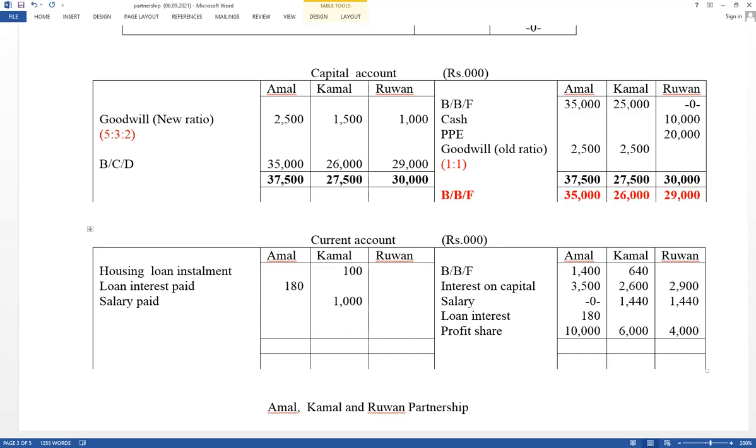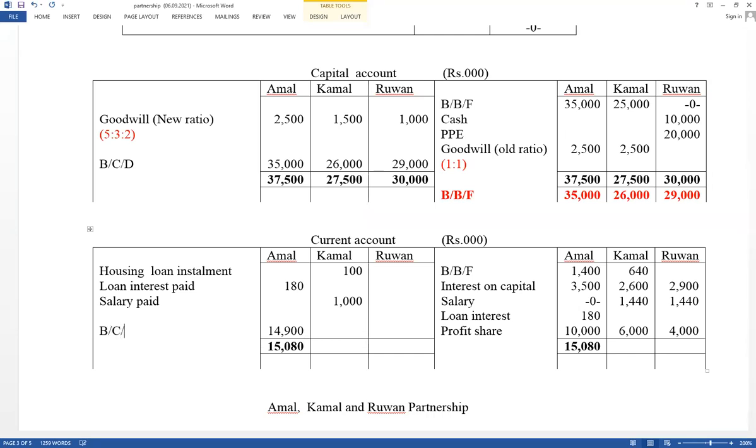Now take the current account balance also. Current account closing balance should be calculated. That value should be included in financial position. Take credit side total amounts. Closing balance should be calculated for partners' current accounts. Therefore, here credit side total amount equal 15,080. Take that value debit side 15,080. Then from that value deduct 180. Therefore, answer equal closing balance 14,900. That is closing balance carried down.